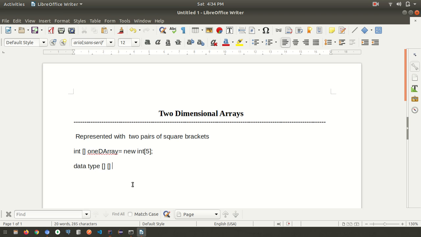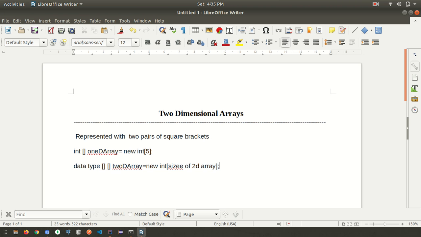So we write 2D array equal to new data type integer, and here the size of the 2D array, close it and semicolon.